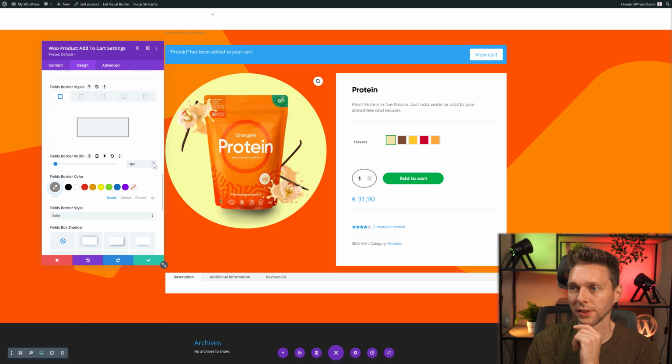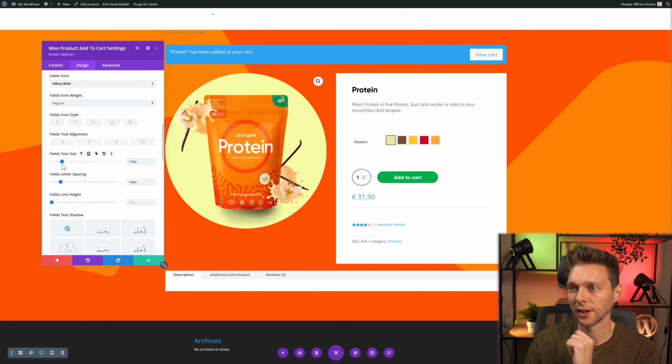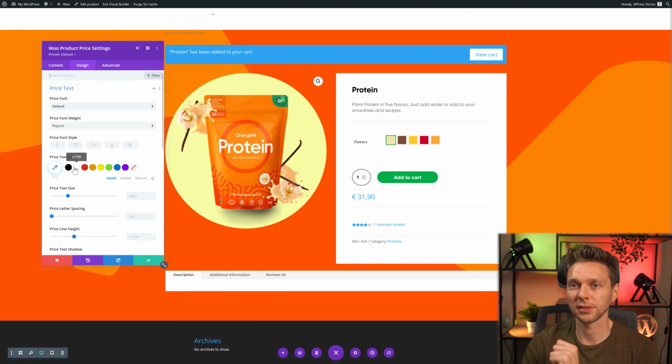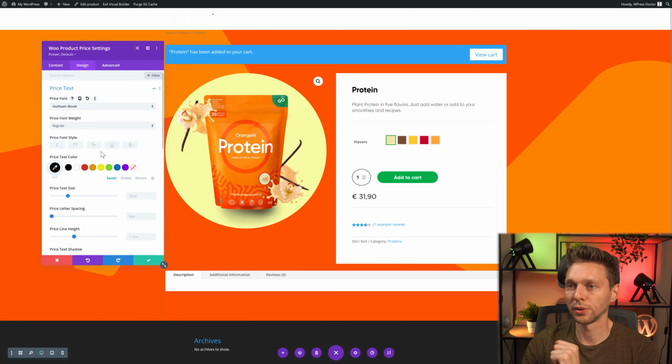It's a little bit bigger than this, 3 pixels. But now we have changed the letter spacing. Okay, so we're going to change this one, make it smaller. We're going to change the pricing because it's black on the original. And the font Gilroy Book, but it's 1.5 rem. And then I want to move the price to here or just to there like this.